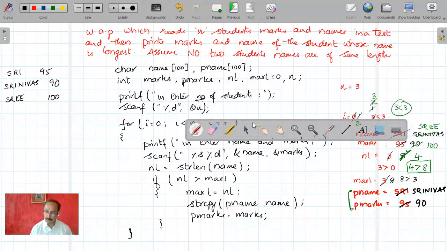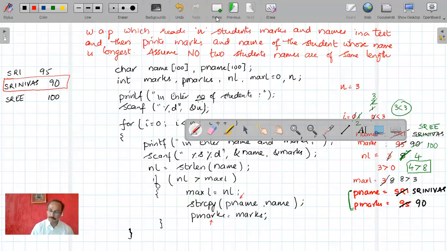I want to print the marks and name of the student whose name is longest. Out of these three, the longest name is this. So I want to print the name and marks of this student. So that's what I have done. Whenever it is maximum, I have copied that name and marks into the variables which I want to print. The name is pname, the other one is pmarks.